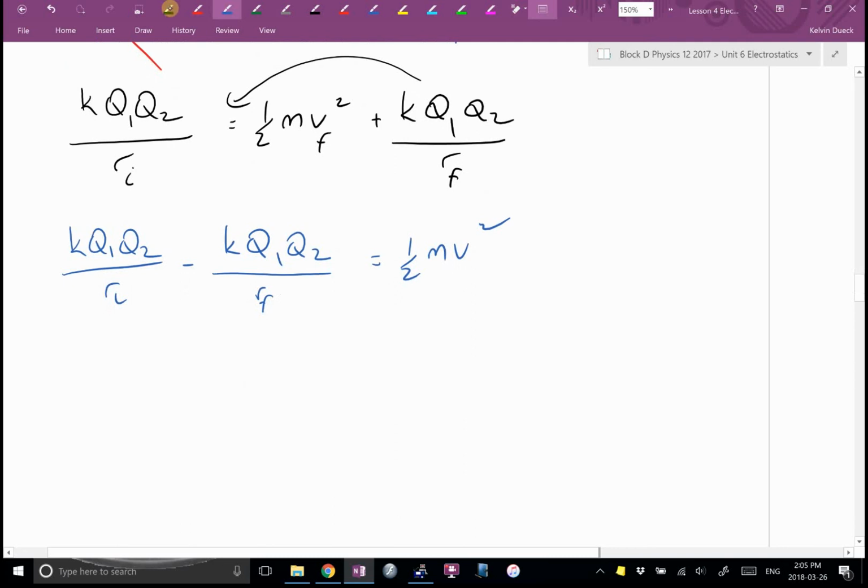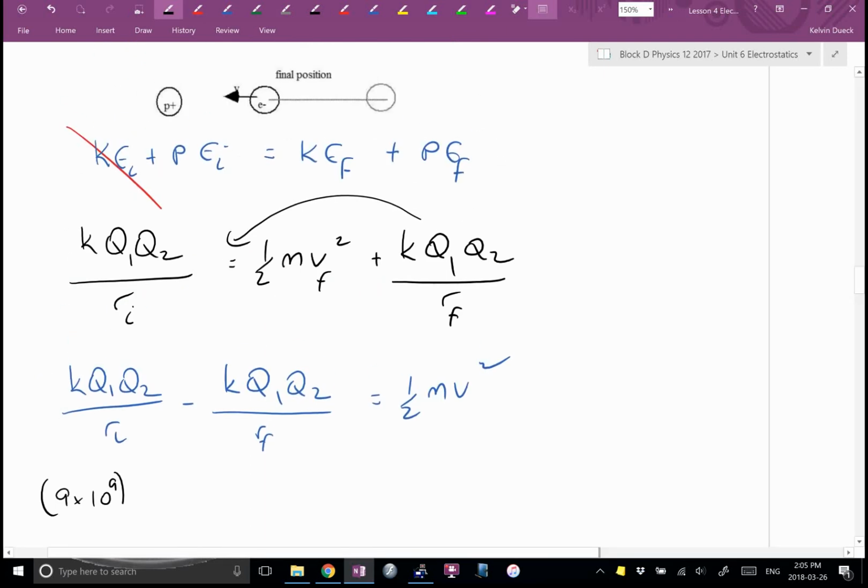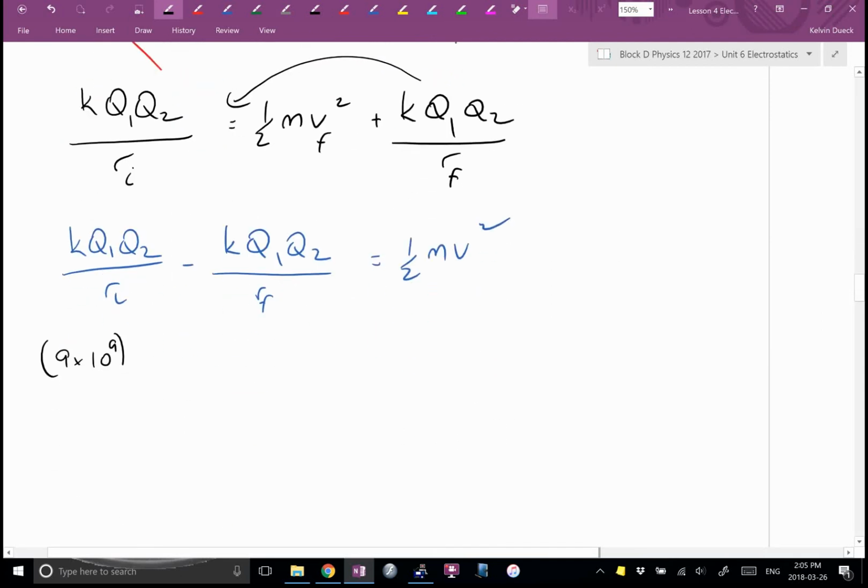What's k? Q1, it's a proton. Someone said 1.67. Nope, that's a mass. Why would you say that was a charge? That's kilograms. Q1, it's a proton. Why would it be 2 times the elementary charge? It's 1.6 times 10 to the negative 19. Q2, it's an electron. Negative 1.6 times 10 to the negative 19, all over